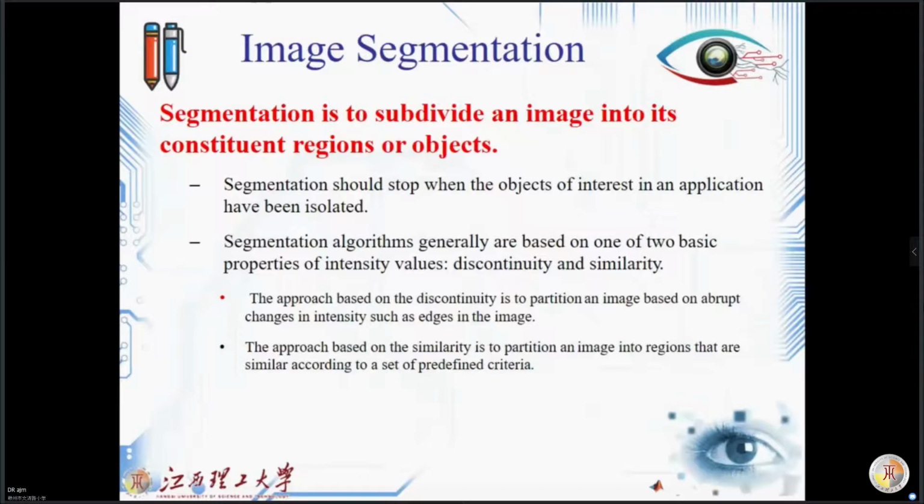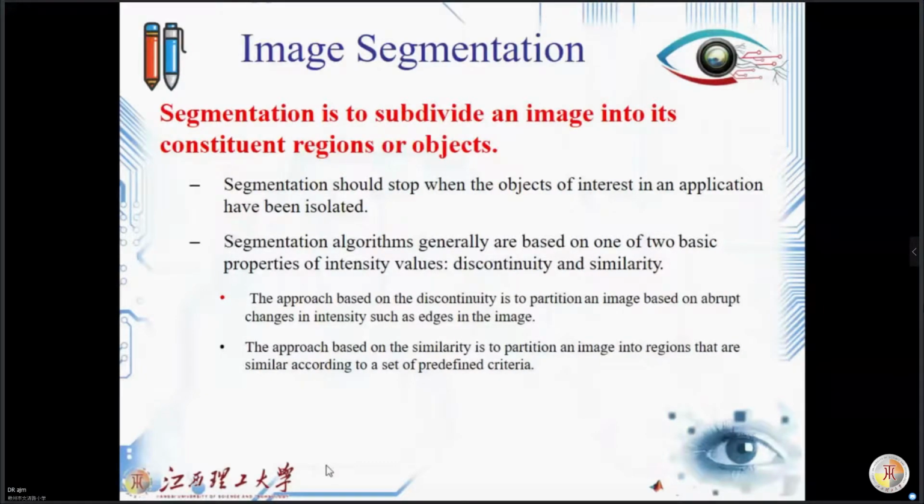Image segmentation is the way to subdivide the image into its constituent regions or objects. This is the concept and the work that we are trying to do with the help of image segmentation. Segmentation should stop when the objects of interest in an application have been isolated. And the algorithms for that are generally based on one of two basic properties of intensity values: